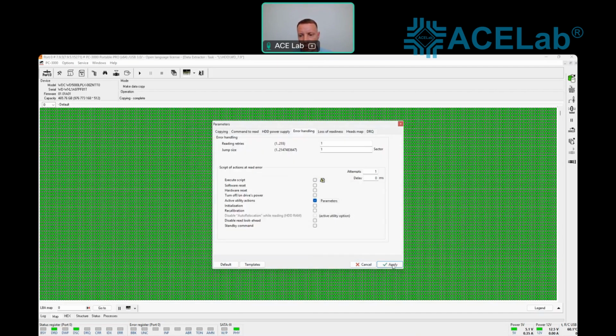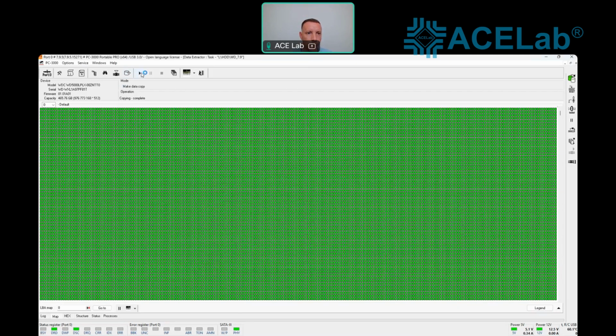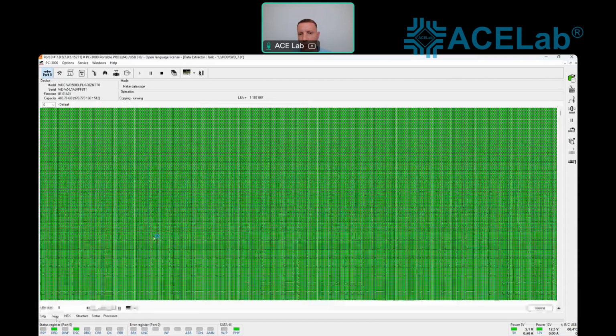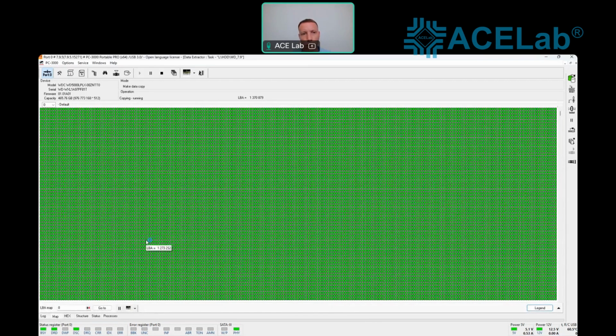So when I press OK, when I press apply, I can try to continue imaging, and let's see what is going on. So check of static module is in fail. Yeah, that's why drive will be repowered. And right now, as you see, already drive is reading. Drive is reading. It's super fast and super